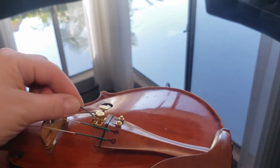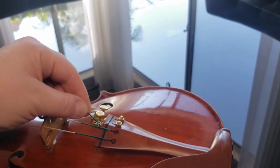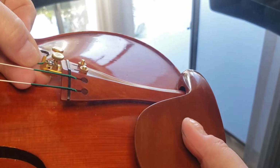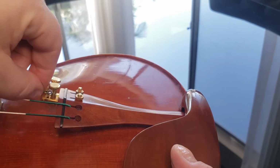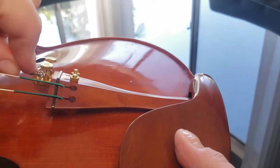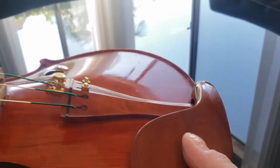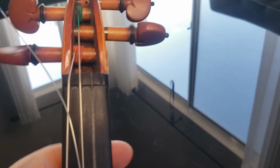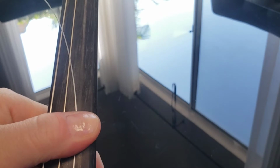So I can actually use the tuner, and I can just apply it here. The ball wants to stay, you want to have the ball nicely aligned so it will not pop or anything. And I'm holding with my left hand, because I'm right-handed, I'm holding the string here so it will not unroll. And then I am applying